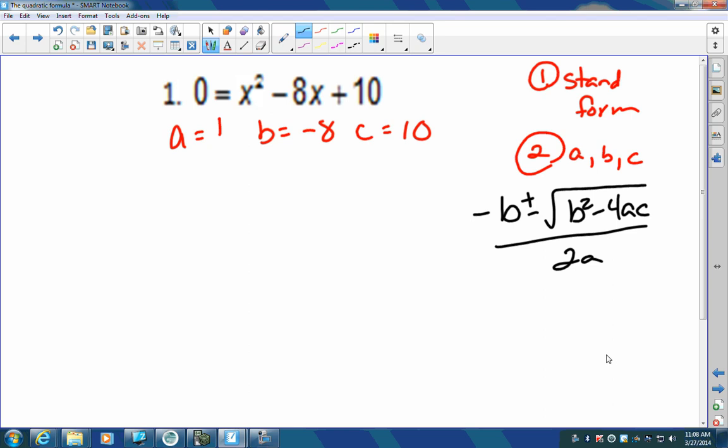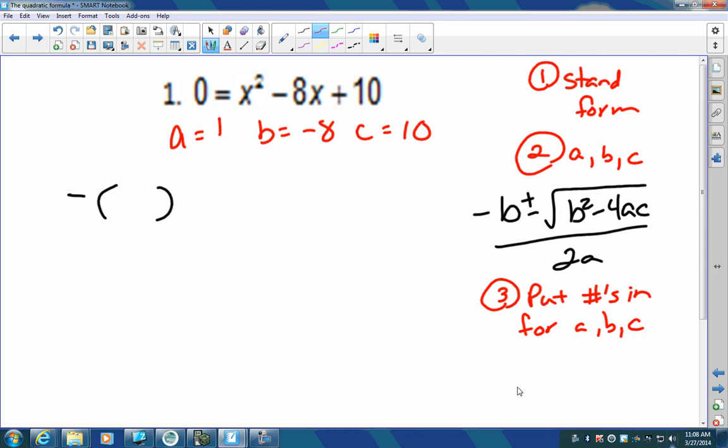Okay, so now after we find A, B, and C, step 3 is to put my numbers in for A, B, and C. It says negative B. So I have negative, and in parentheses I will put B. Is it always going to be a negative B? It's going to be a negative in front of it. So basically what that negative means is, if your B is -8, it changes it to positive. If your B was positive, it changes it to negative. Just wait for the next one. I'll show you, okay? So let me plug in here -8